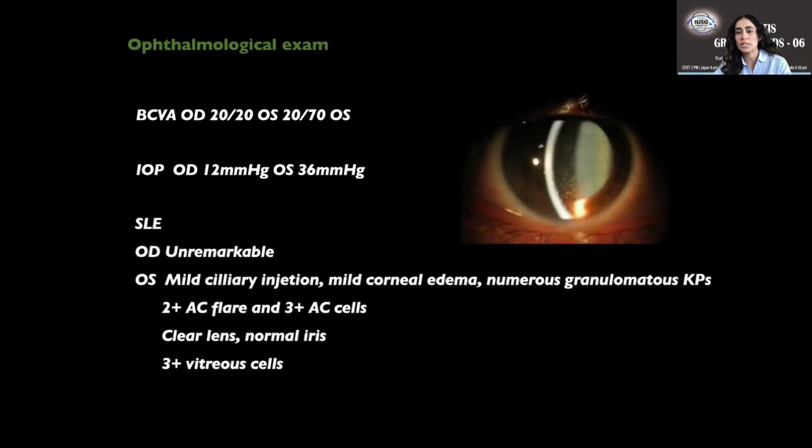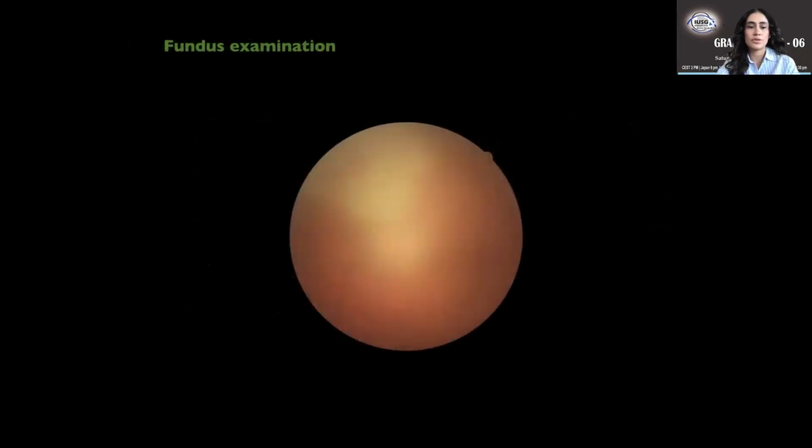On her ophthalmological exam, the remarkable things were that she had multilateral injection, mild corneal edema, numerous granulomatous cavities, flare, 2 crosses, cells in her anterior chamber, 3 crosses, and she had cellularity as well in her vitreous, 3 crosses. On her fundus exam, we are able to see that she had a vitreal flare and haze augmentation, as you are able to see, but she had this large, really big, white necrotizing region superior to her optic nerve.